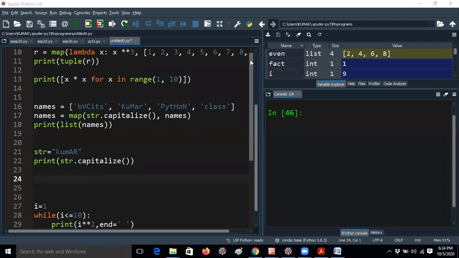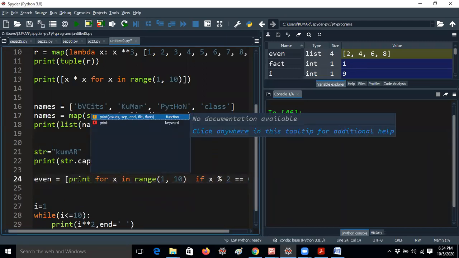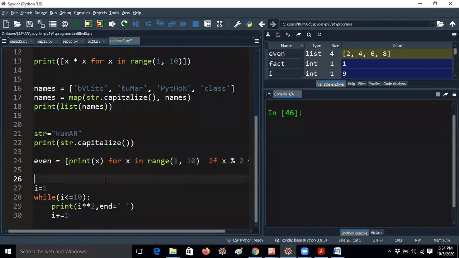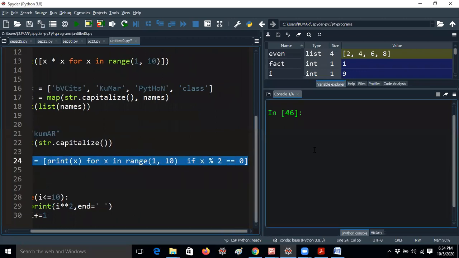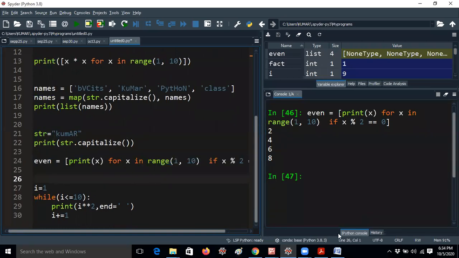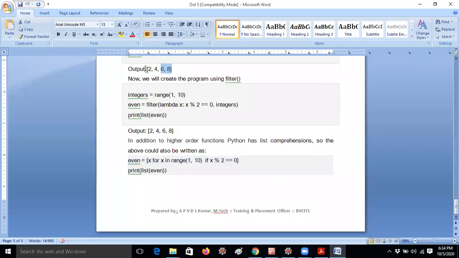No. Okay, okay. No problem, no problem. But actually, for the list purpose only, I'm telling in that way. So let me give print of x. Okay. So Bhavani is telling that without using print of event, directly we can print like this, sir. She is asking like that. Okay. So that is also a good thing actually. So let me run it, guys. I'm getting 2468, but it is not getting in list order. Okay. So anyway, that is also fine. Yeah. Thank you, Bhavani. But anyway, I will keep it here only because a lot of students will understand the concept will be similar like this.